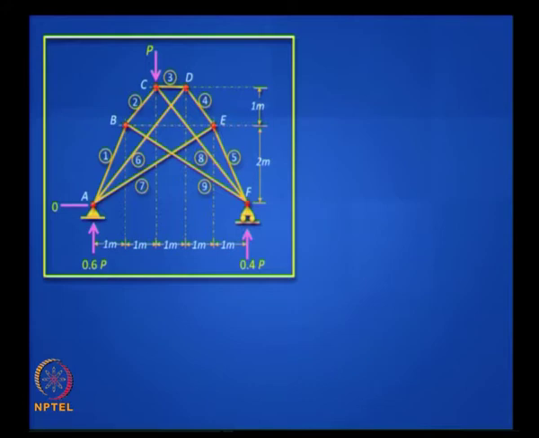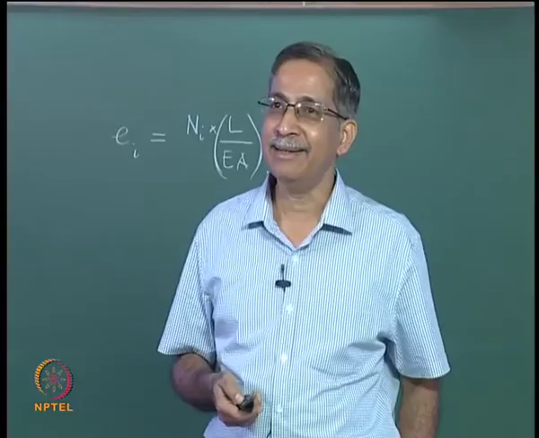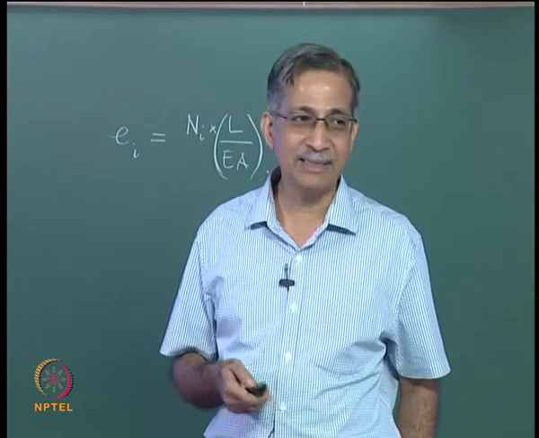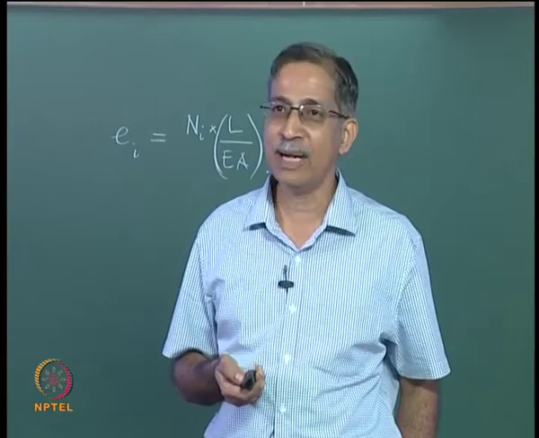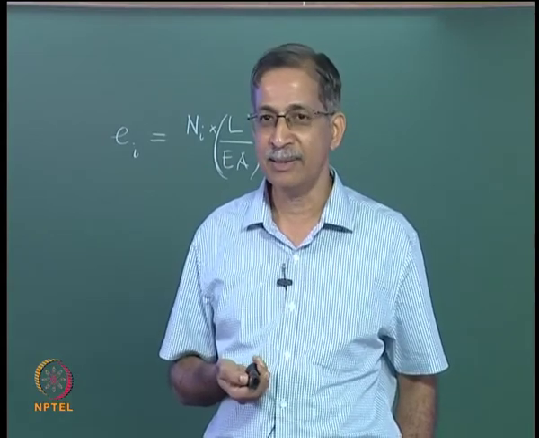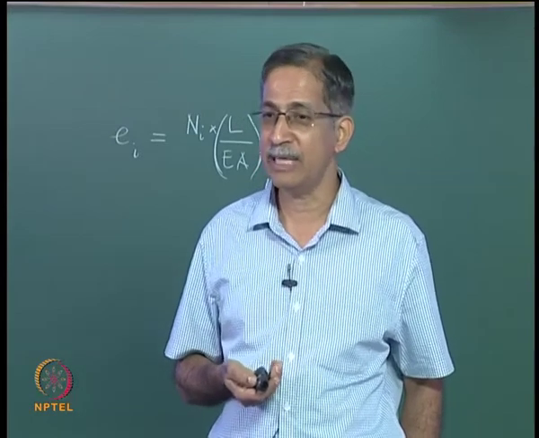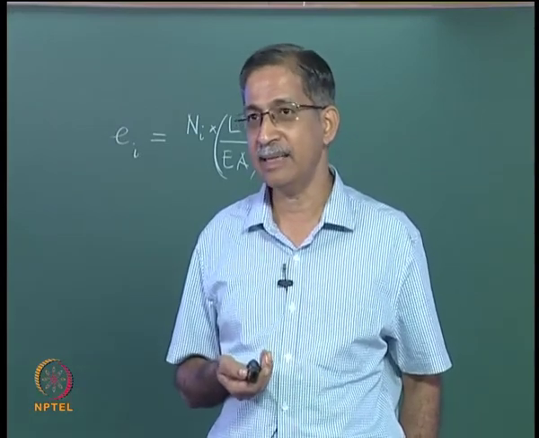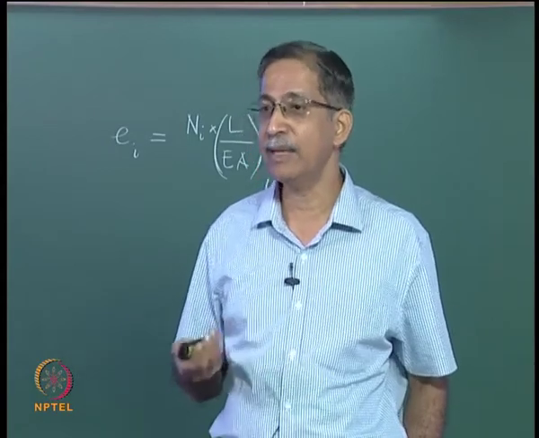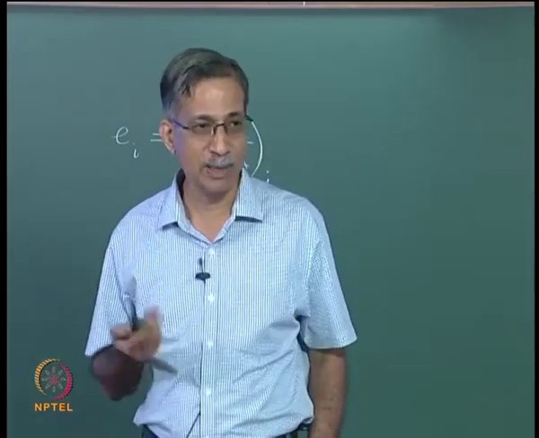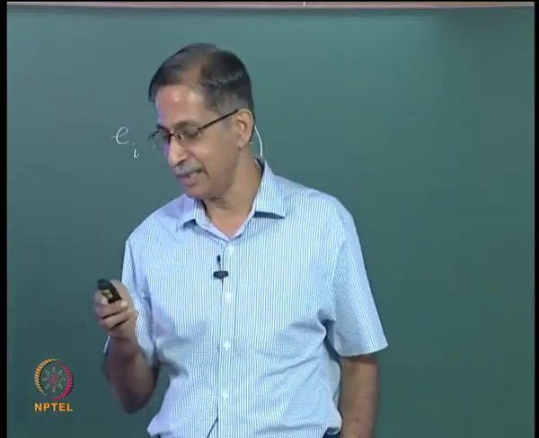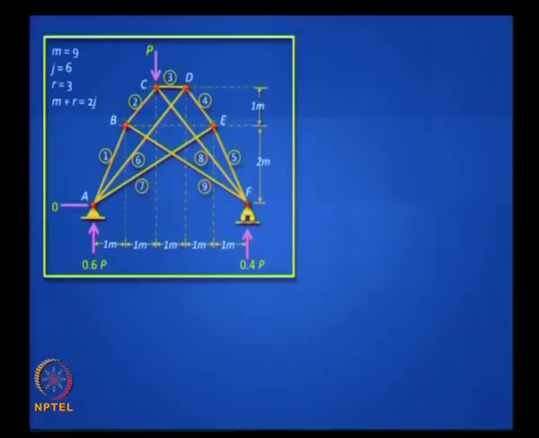This problem again is an extremely interesting problem. This actually was posed by Timoshenko in his book on structural analysis, and the normal way of cutting sections does not work here. You will find wherever you cut a section you have far too many unknowns. You know that when you deal with a plane truss, you can at the most have 3 unknowns when you cut a section, and if you are doing method of joints, you can have at the most 2 unknowns. You will find that traditional techniques do not work. So here is a clever way of doing it.